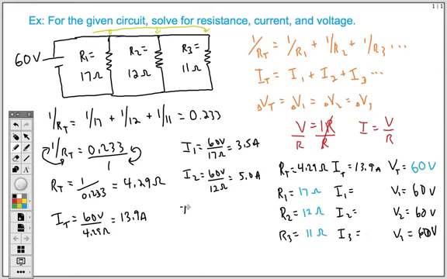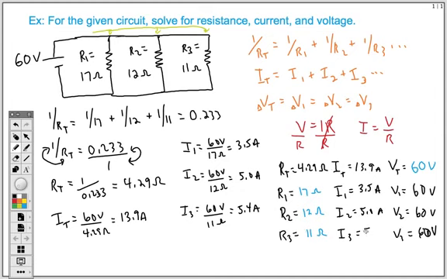And then lastly, I3 is going to be 60 volts divided by 11 ohms. We end up with 5.4 amps. So we can plug those values in: 3.5, 5.0,